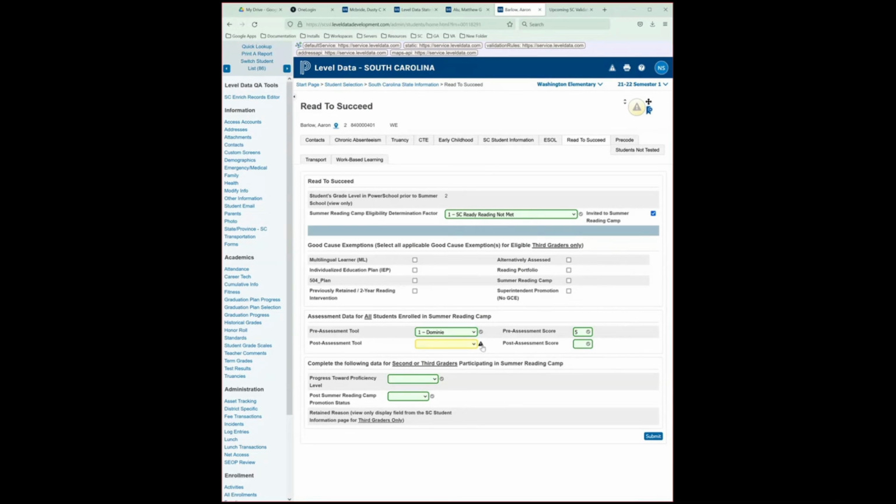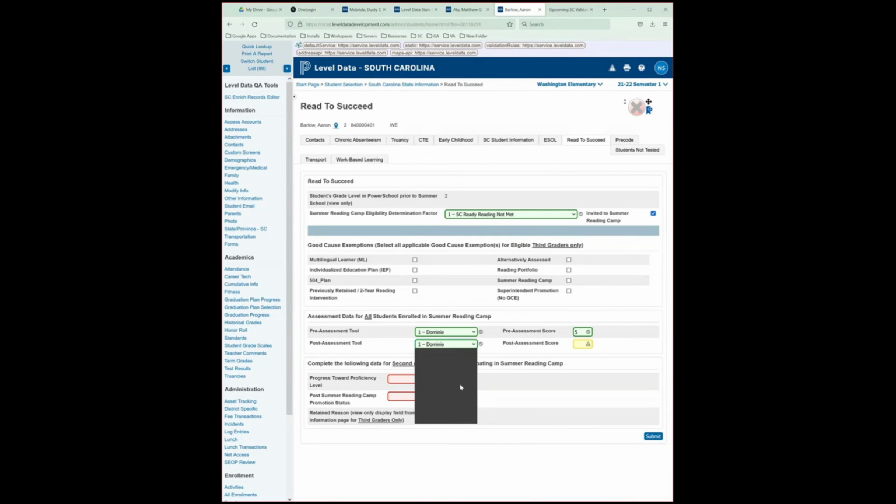We made this one here a warning for post-assessment tool because you're not going to have that post-assessment tool information available at the time that you're putting in that pre-assessment information. So we'll just flag it in a warning saying it shouldn't be blank when the pre-assessment tool is populated. And then when you come in and populate the post-assessment tool, it'll turn to green.